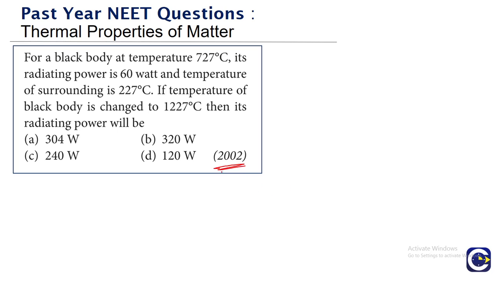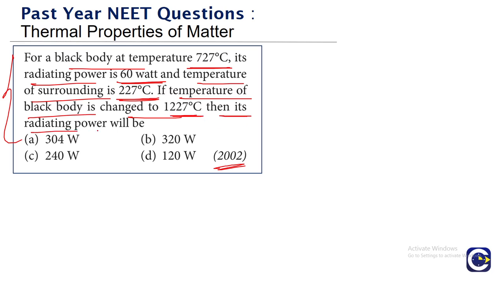We'll move on to the next question. This is the question that came in the year 2002. It is based on radiation power. For a black body at temperature 727 degrees Celsius, its radiating power is 60 watt, and the temperature of the surrounding is 227 degrees Celsius. If the temperature of the black body is changed to 1227 degrees Celsius, then its radiating power will be